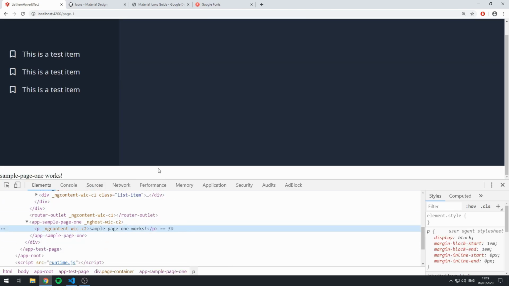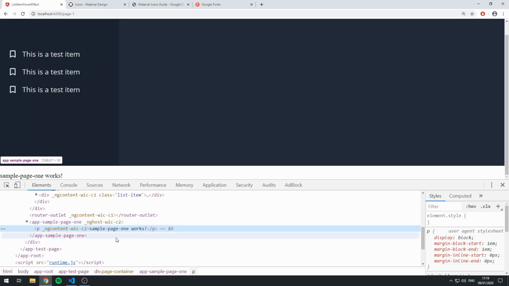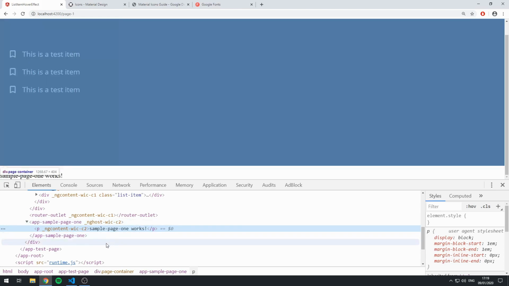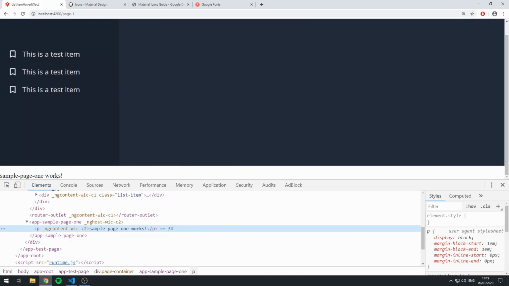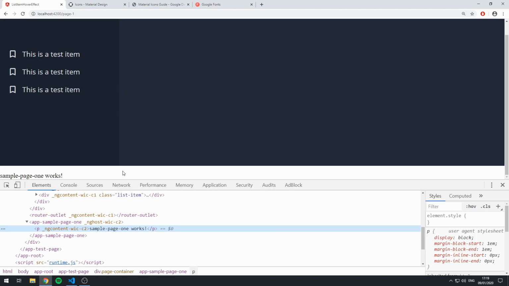Okay, so this is a bit weird because the component is within the page container div. As we can see here, the closing div tag is after this component, so it's within the page container div. However, it's being displayed afterwards. So that's a bit weird. Let's go and fix that now. Maybe we can fix this issue by using Flexbox in the